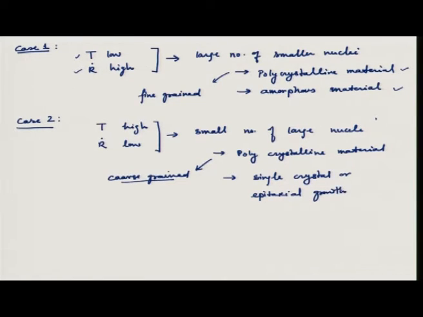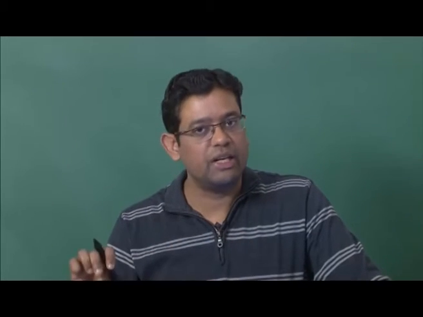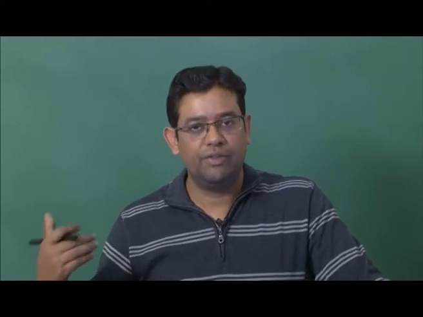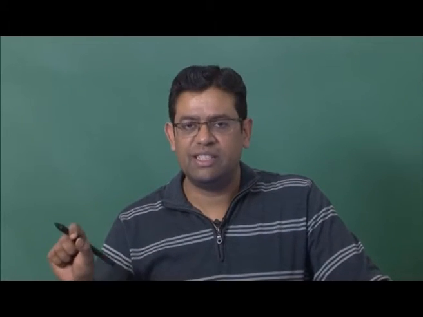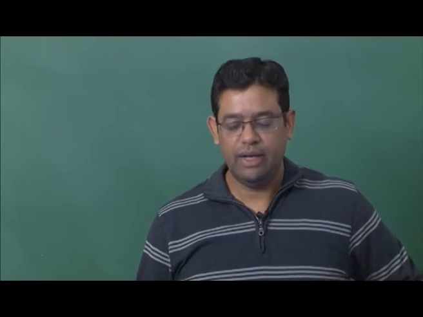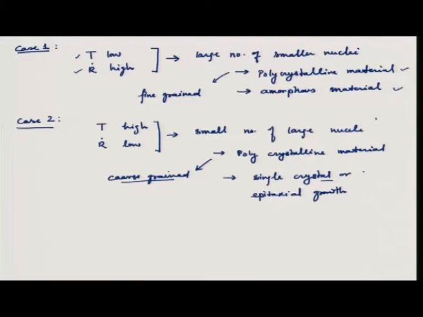How does this happen? If your temperature is very high and your deposition rate is very slow, each atom which is coming to the surface will move on the surface, surface migration, surface diffusion. Because at higher temperature diffusivity will be high, it will be able to travel a long distance to find a suitable site. And a suitable site is what will lead to formation of single crystal, because single crystalline material will minimize its